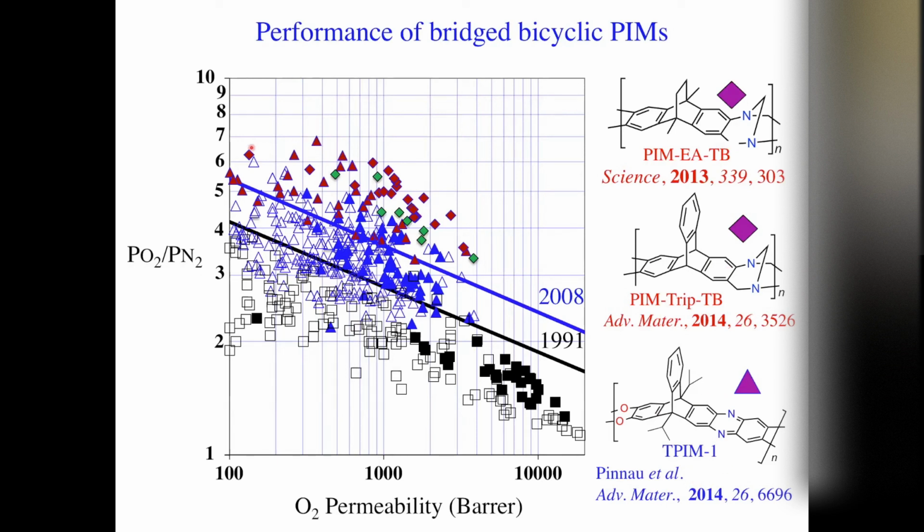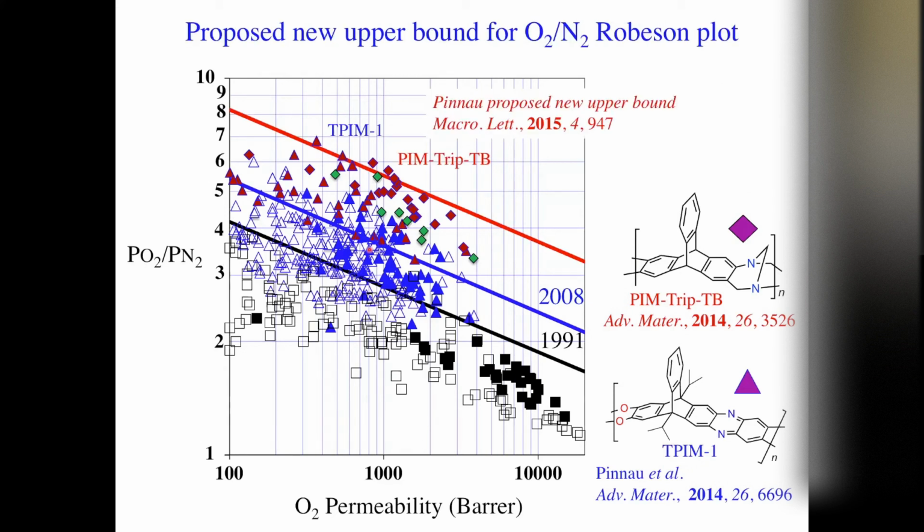And I've plotted their data onto the oxygen nitrogen Robeson plot as well. Now Ingo is quite impatient. He didn't wait for Robeson to update his upper bound. He actually did propose a new upper bound himself based upon his tryptosine PIM1 and our Tröger's base tryptosine polymer